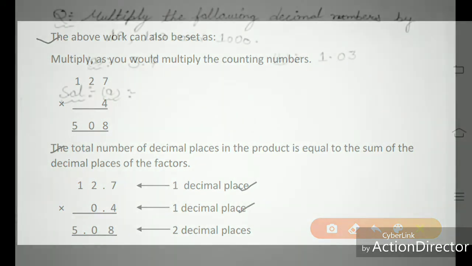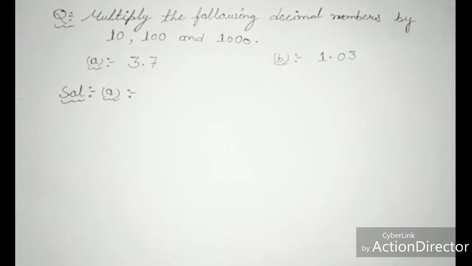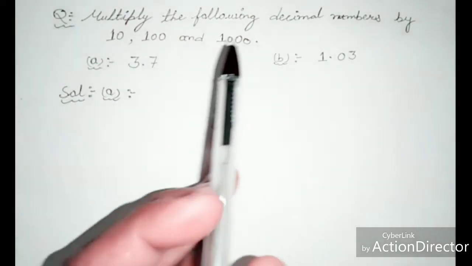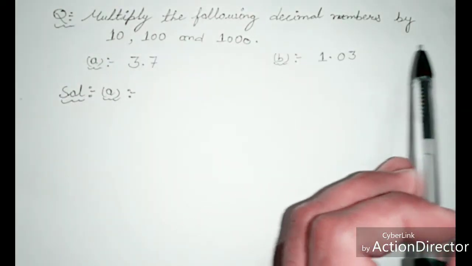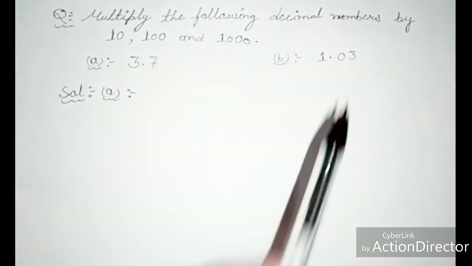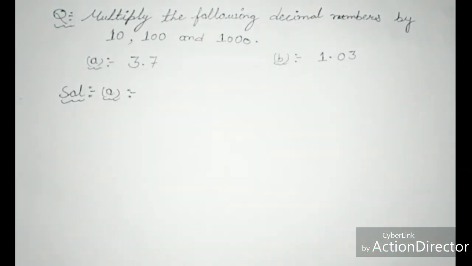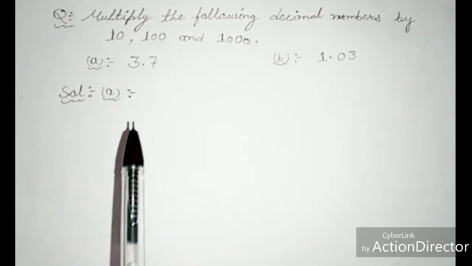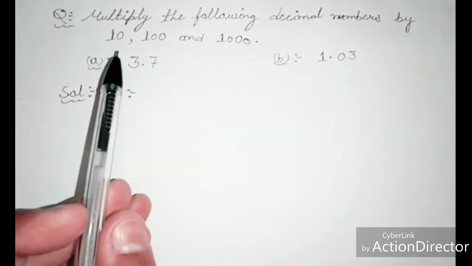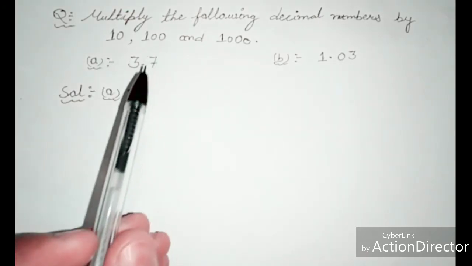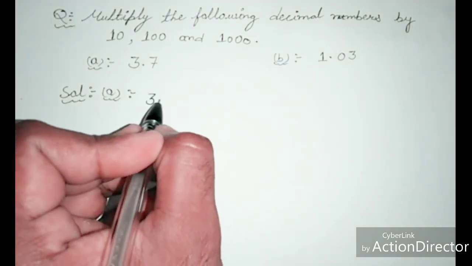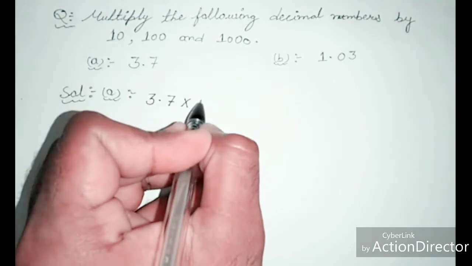Now students, here I solve some examples related to multiplication of decimal numbers. Question number 1. Multiply the following decimal numbers by 10, 100 and 1000. Example number A, 3.7. So first we multiply 3.7 with 10, then 100 and then 1000. So first we multiply 3.7 by 10,